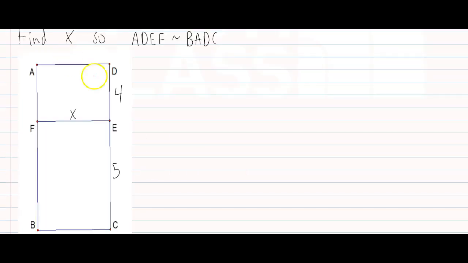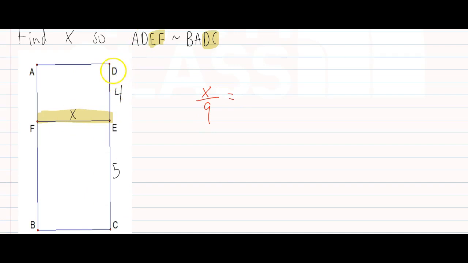Next example, we want to find the value of x so that quadrilateral ADEF is similar to quadrilateral BADC. I'll go ahead and highlight some things here. There's FE, which is our length of x. FE is corresponding to CD, and so FE is x. The length of CD is 9, so x over 9 is equal to, I'll go back to the first quadrilateral,